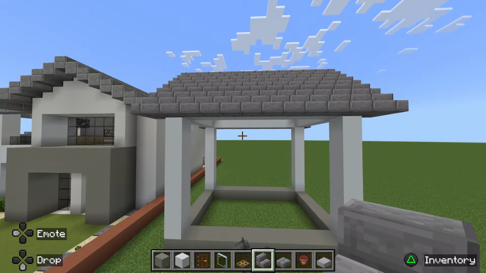Next, we're going to fill the front of the house up. To do this, we want to come all the way